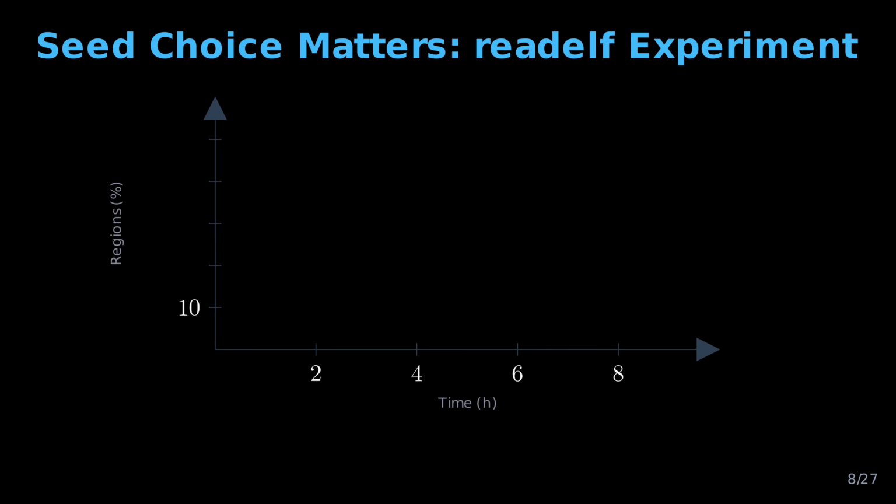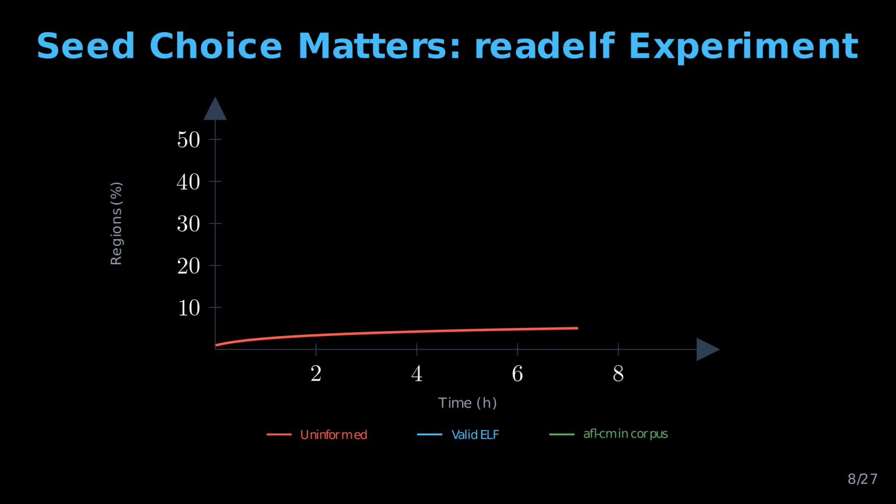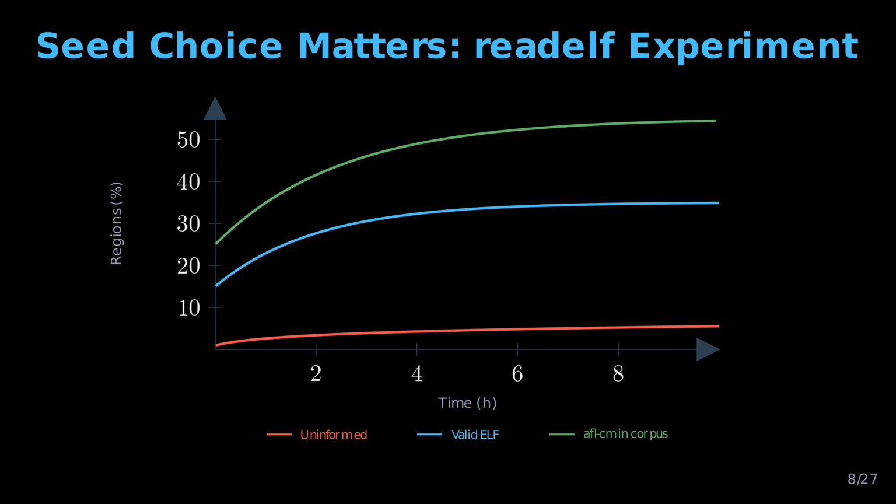To really drive this point home, the authors reproduced an experiment from the Red Queen paper. The original evaluation first read readelf, a standard binary analysis tool, using an uninformed generic seed consisting of printable ASCII characters. The results show that AFL fast and HonggFuzz covered very little code. But when the authors repeated the same experiment with different seeds, the results changed